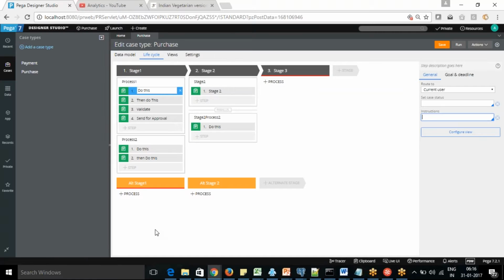Depending on that, if you have different tasks, how much time it should take, and if it is late, what we are going to do, that is what we call SLA in Pega. We'll cover that when we go further.